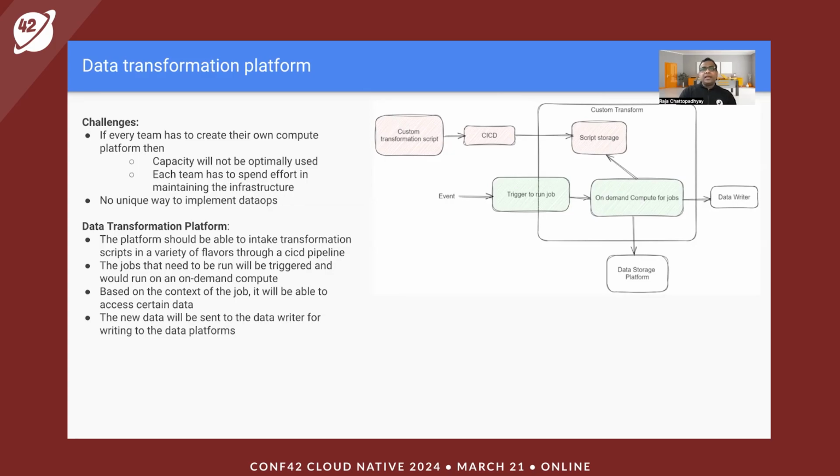To tackle these challenges, a data transformation platform can be utilized to accept transformation scripts in various formats via a CI/CD pipeline, initiate and execute jobs on an on-demand computing infrastructure, and third, dynamically grant access to specific data based on job context. And lastly, the fourth one, transfer the transformed data to a data writer for storage